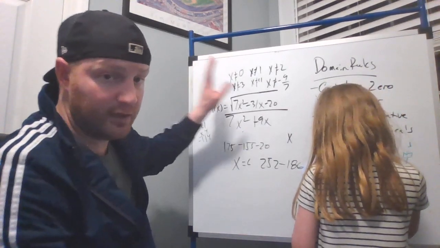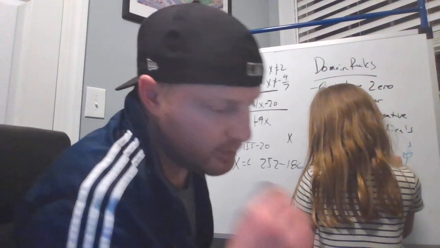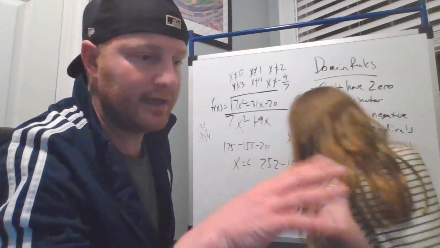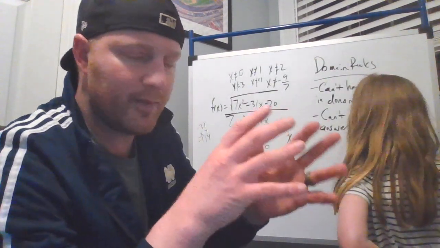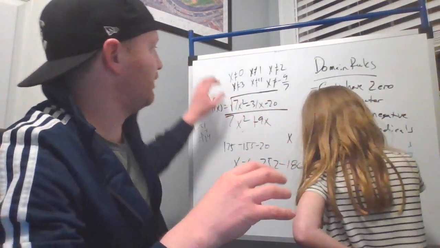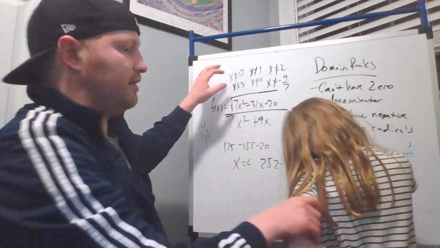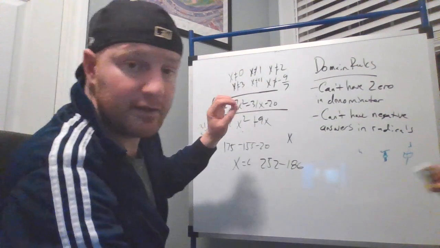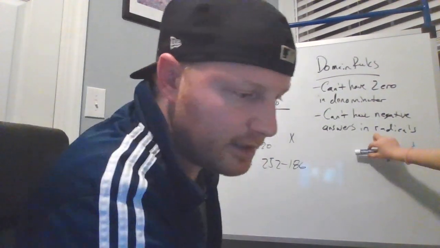All right, this will be good enough for now. I think I explained all that pretty well. Interval notation was a lot of questions from a lot of you guys. So just forget about worrying about how to write it correctly. Worry more about identifying what numbers can't be. That is that. And then the last thing I want you guys to think about is